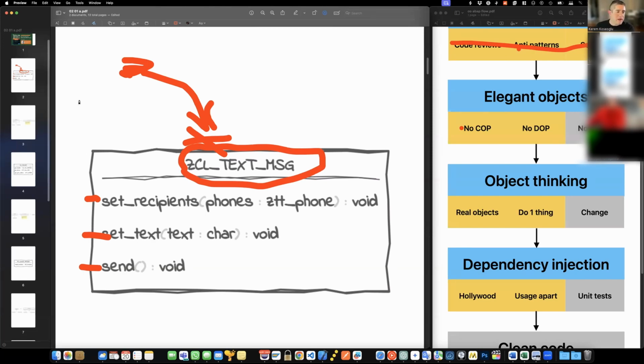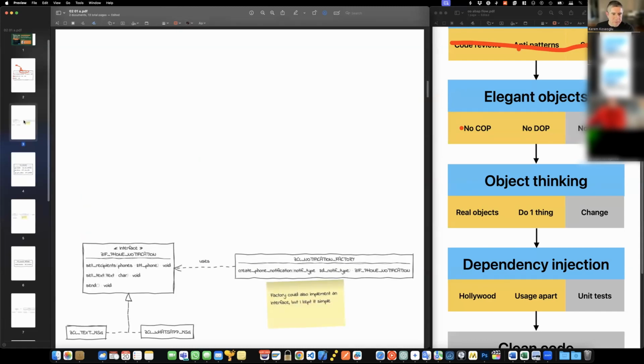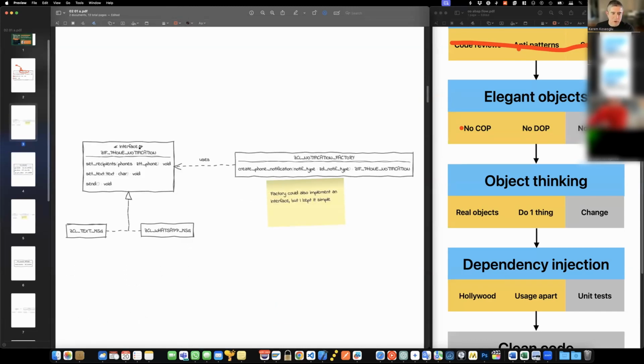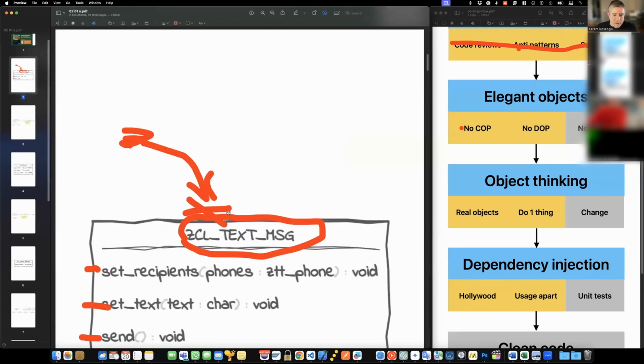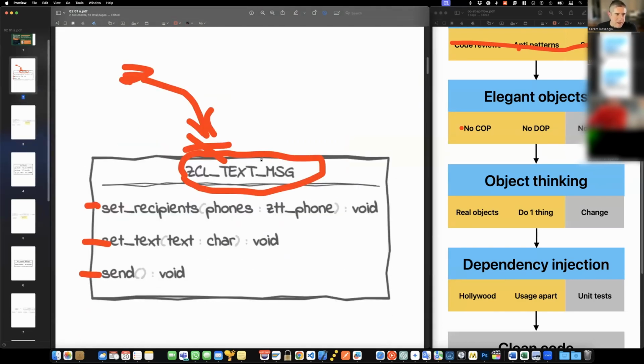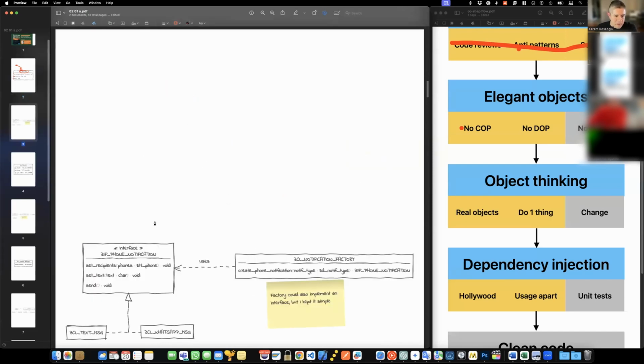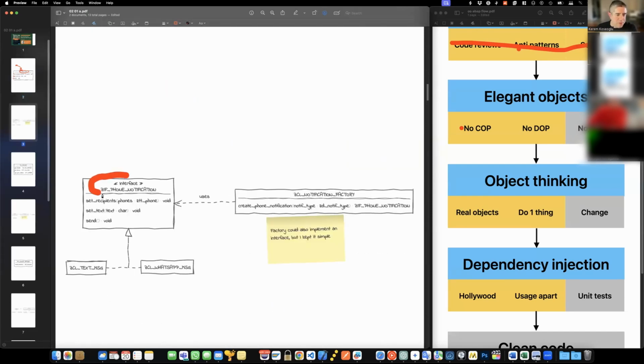So what could be done instead? Let me jump here and show you. Instead of opening a text message class directly, first, I open an interface.